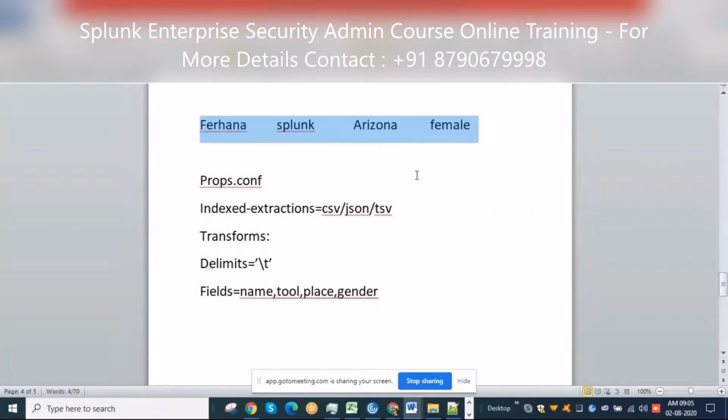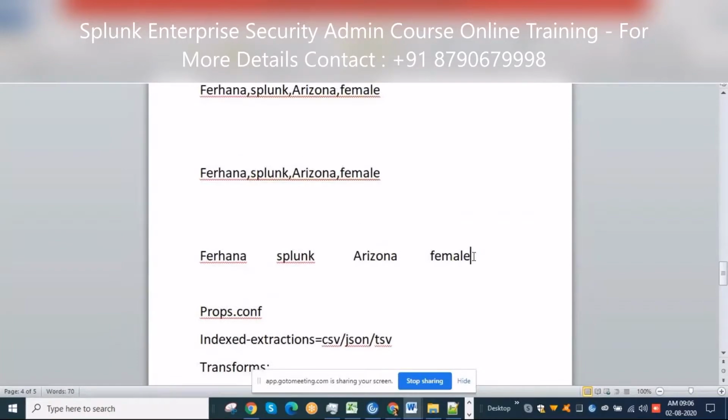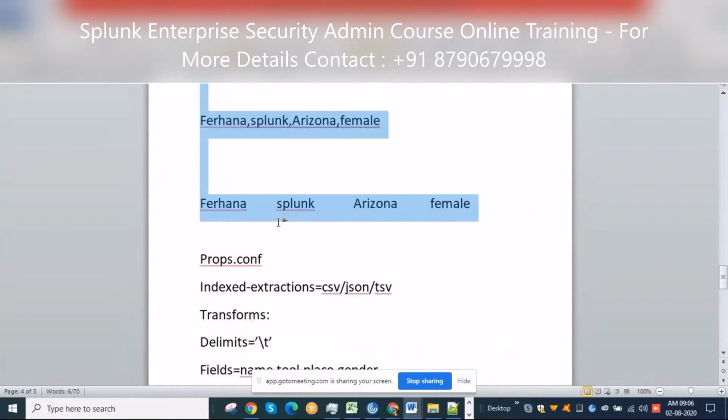In Splunk, we are just ingesting the data. And if he has some requirement to extract the fields, he'll definitely ask us. So he'll ask me, Shreya, I want to extract the names for all my events in my Splunk.